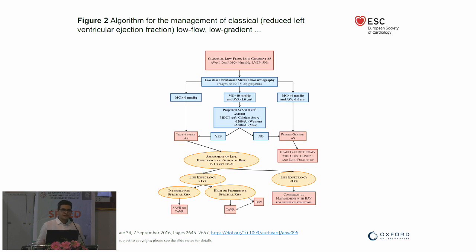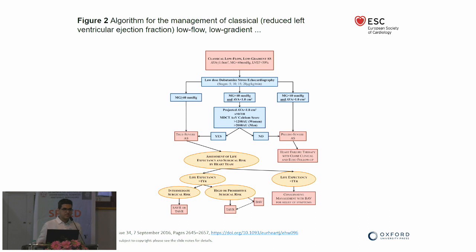This concept of contractile reserve is often asked in the exams, and I was also asked in my exam, would you operate on a patient without contractile reserve? And of course I gave the wrong answer and I got the prize for it. So again, if you do DSE, first thing is if your gradient goes above 40 mmHg, it's true severe AS. Then we go through the pathways of management of severe AS.